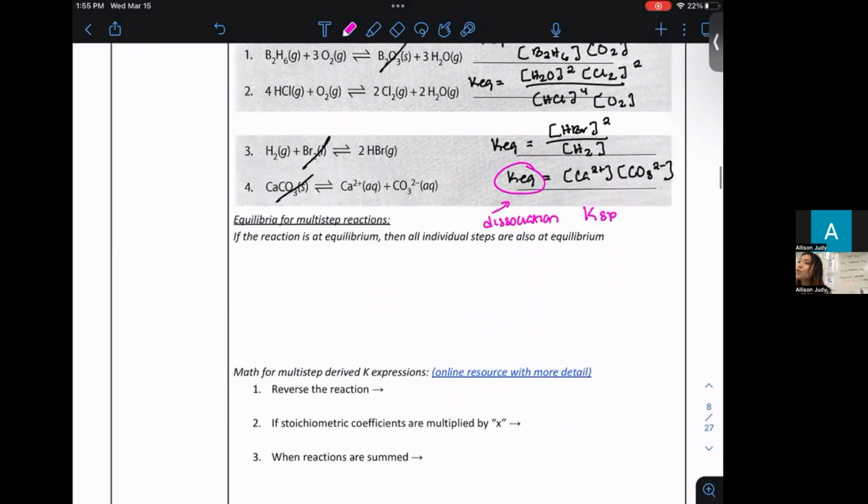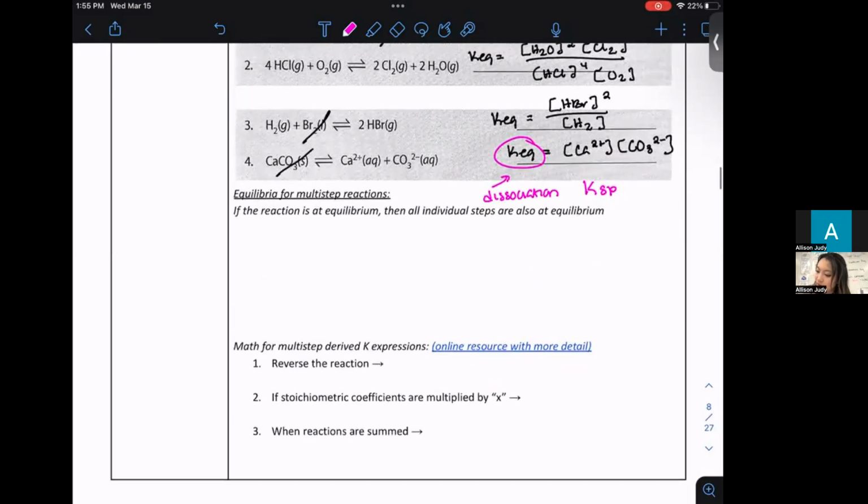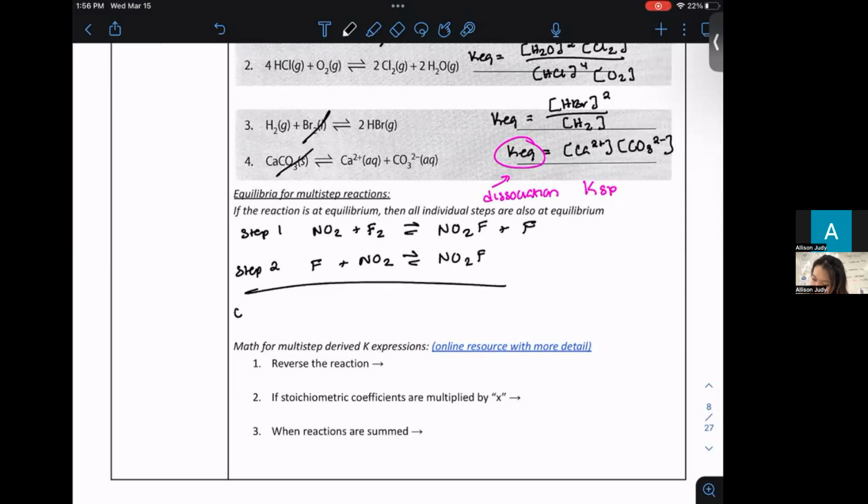So how do we do algebraic summation for determining the KEQ of a reaction given smaller reactions? For a multi-step, for example, let's say we have the following reaction. Step 1, NO2 plus F2 is an equilibrium producing NO2F and F. Step 2, F and NO2 react to produce an equilibrium NO2F, giving me a sum of overall,